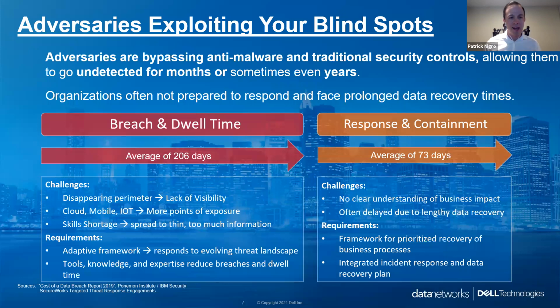There's a popular phrase in information security: hackers used to hack in, now they log in. So what that tells me is that a lot of the bad actors that we're dealing with today are oftentimes bypassing those traditional security controls. In the lens of this particular study, the scarier part is that they're often sitting idle for weeks or months at a time, mapping out every nook and cranny of your network until they decide it's the appropriate time to